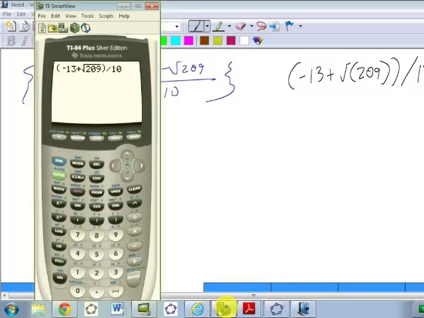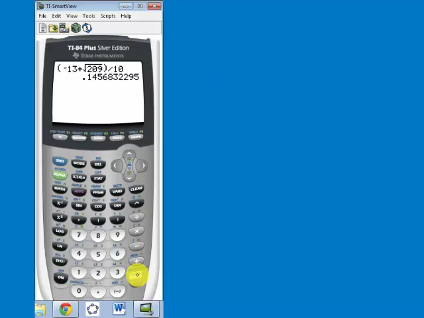One additional feature I should showcase, if you have the TI-84 Plus with the newest operating system, I'll go ahead and complete this one. Press enter. To a couple decimal places,